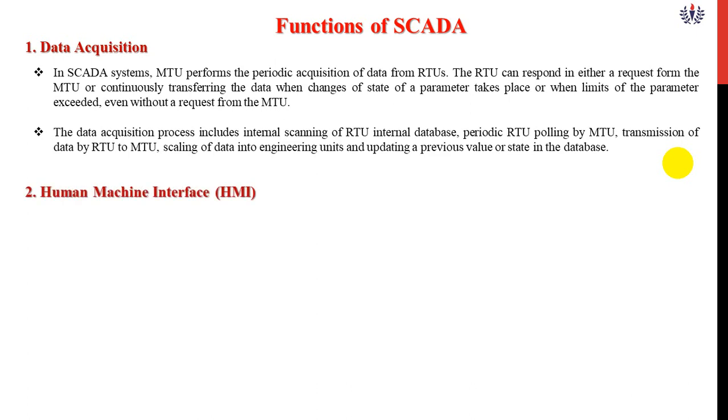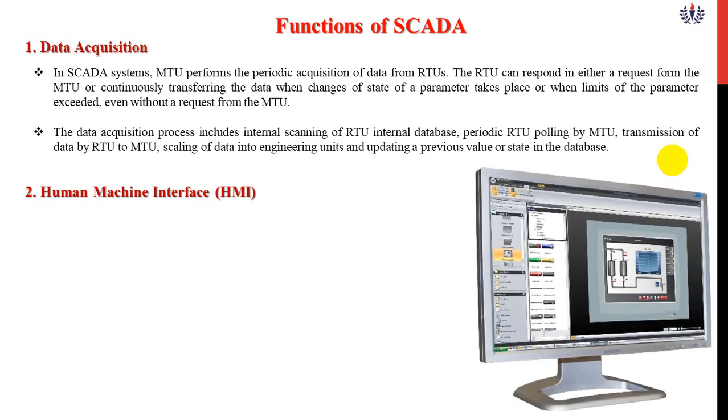The second point is the human machine interface, that is nothing but HMI. You see this picture, this is the desktop system, and you see here what type of window it is. Can anyone tell me? Here a display is there, right? What type of display? What language are they writing in? Can anyone?